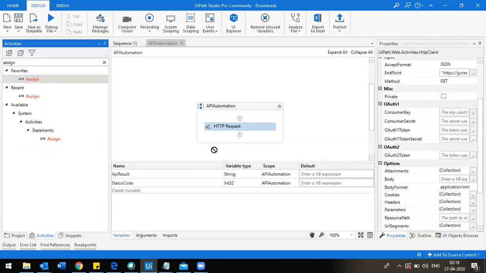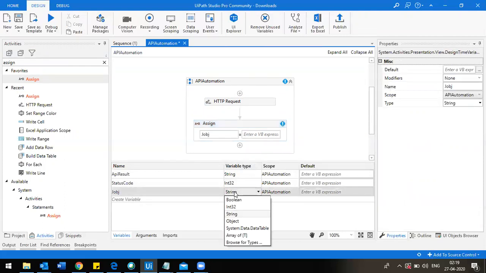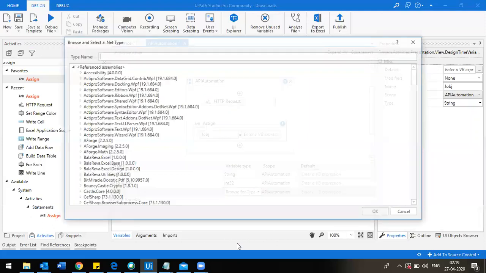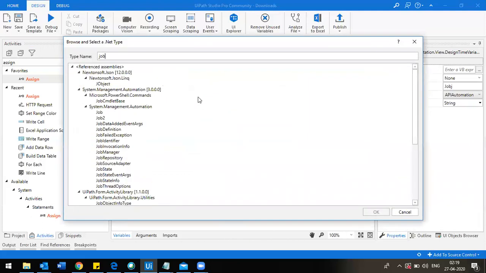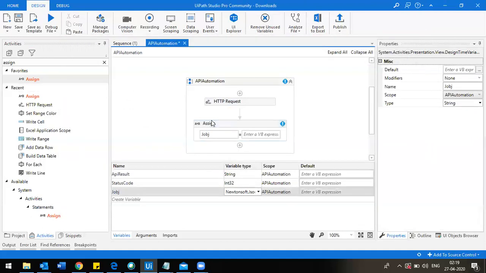Take one assign activity. On the left side, create a variable called JOBJ. The variable type should be JObject. Search here for JObject and click OK.